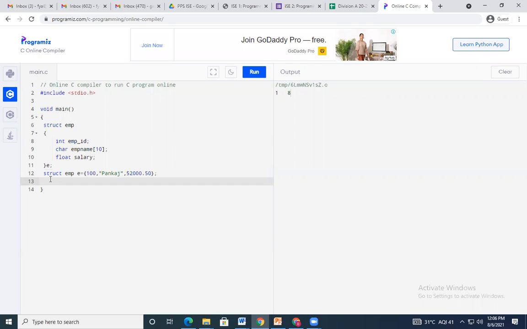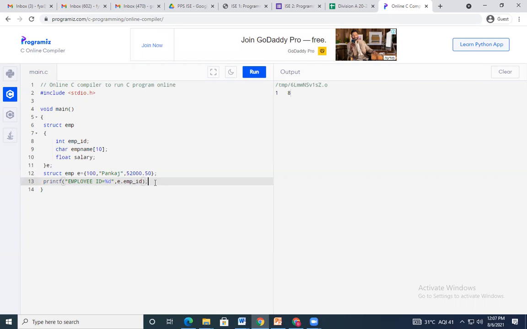And now how to display it? हे display कसे करणार? So I will use the printf function, printf. Now as I'm going to display the value of employee ID, I will write here employee ID is equal to %d. It is of type integer, so I will use %d. And now look here, why I have created this e variable. With this variable I can access the value of employee ID. How? e.employee ID.